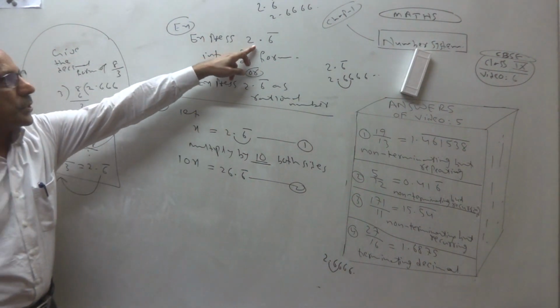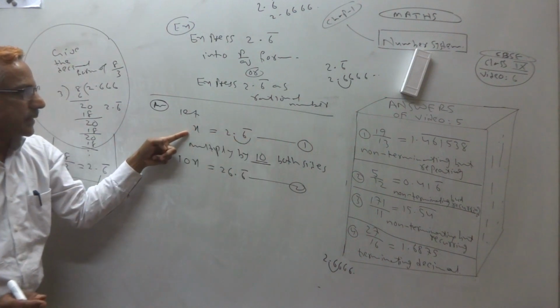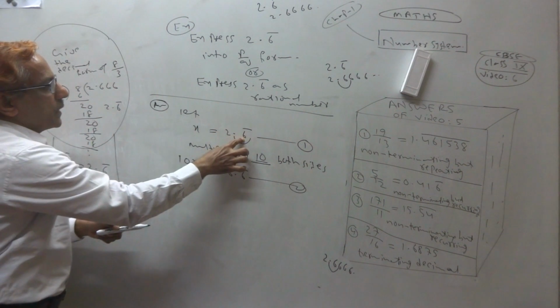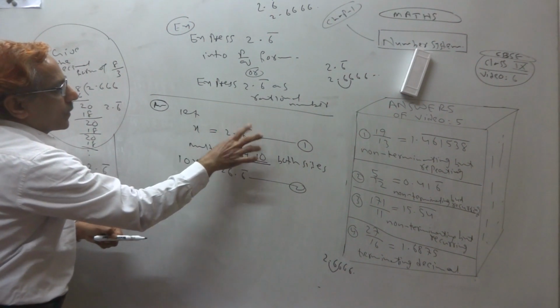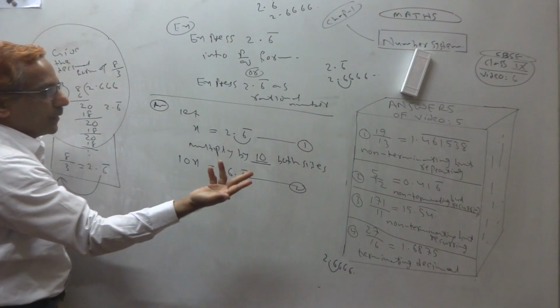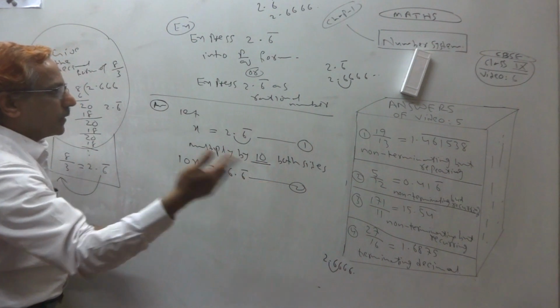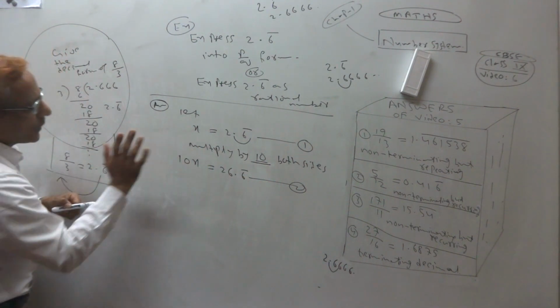So whatever the question given, that is equation number 1. You suppose it by x, then multiply by 10. Because under bar one number is there, multiply by 10. Under bar 2 numbers are there, multiply by 100. Under bar 3 numbers are there, multiply by 1000, like that. When I do more questions, you get the idea. Okay, this is the first example.